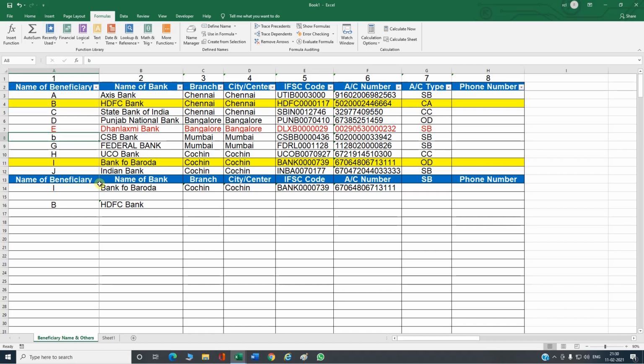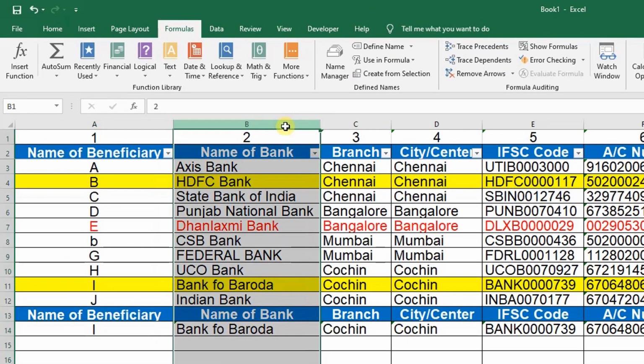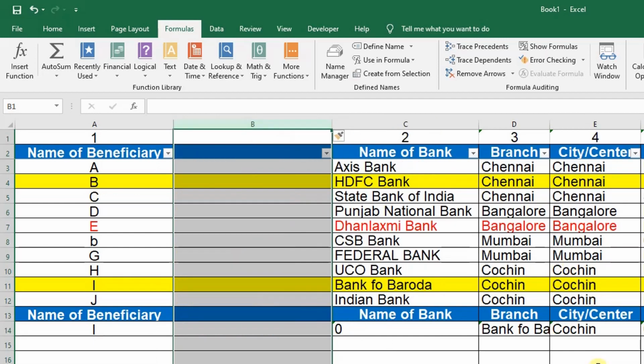Another important and the most complicated issue is that when we are inserting a column into the table or deleting a column from the table, the entire VLOOKUP answer will collapse. Suppose here we extracted the data of these persons. Now it is showing the bank details of Mr. I. If I am inserting a new column here and changing the column index, so I have created another column.